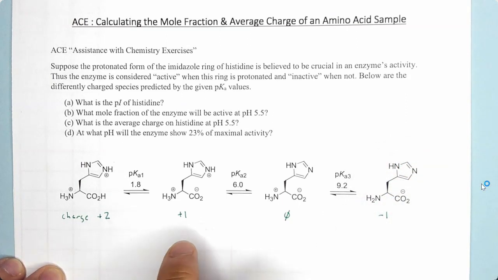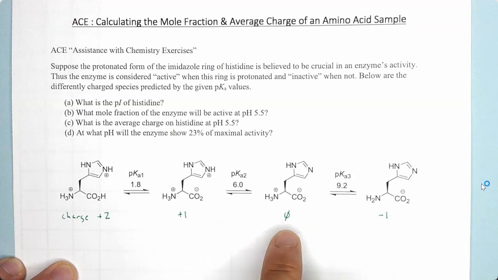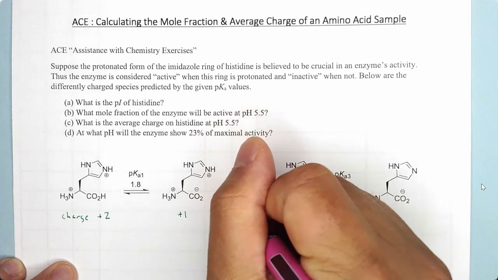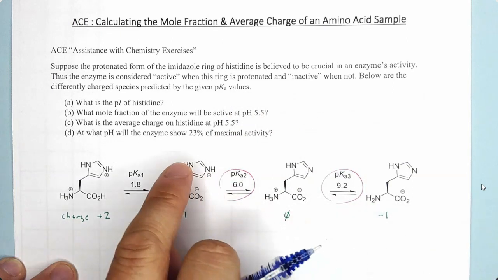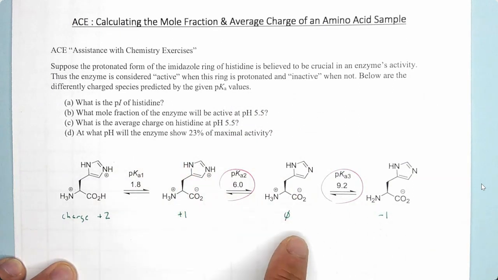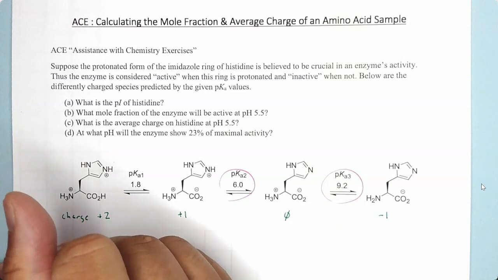The pI is the pH at which the average charge of the molecule is 0. And so the two pKa's that are important to find this neutral species are the two pKa's that are flanking the neutral species. And so we're going to pick up 6.0 and 9.2. This has nothing to do with the activity of the histidine. We just want to find what the pI is, just to have a base to work off of. And so this is A,